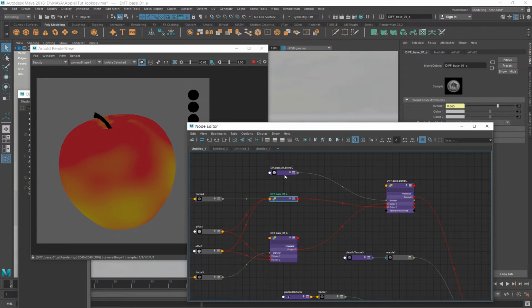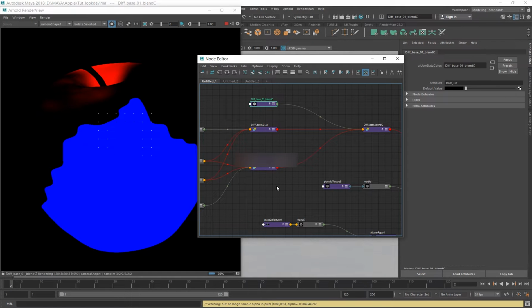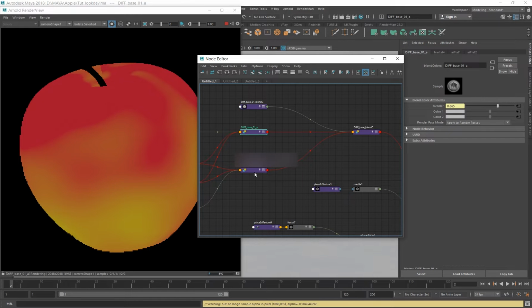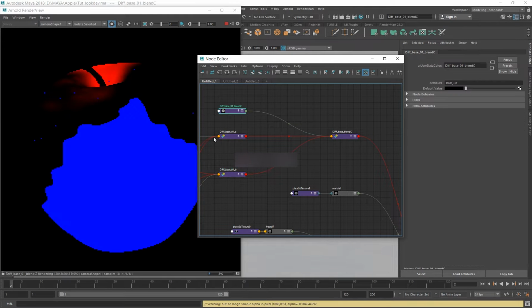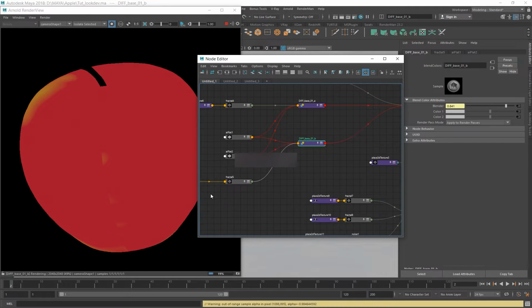And now here I'm using an AI isodata color to get the vertex color which I have painted earlier, and with that I am blending these two diffuse colors which I have created with different UV linkings, and with this I am removing the seam which is visible on the back side of the apple.